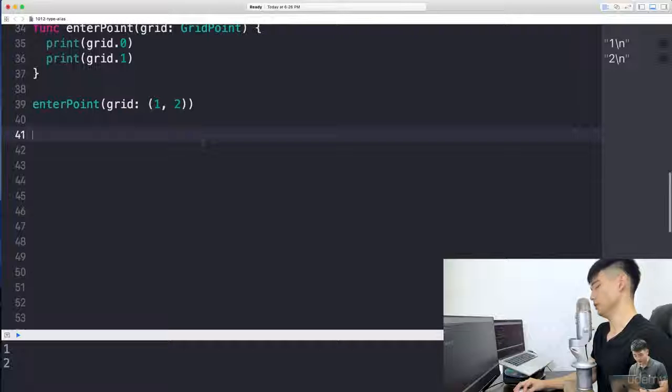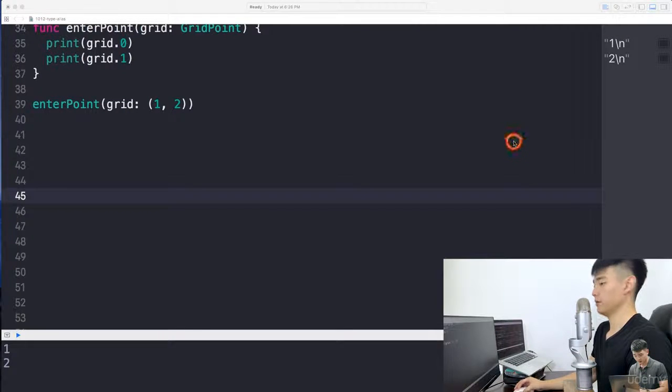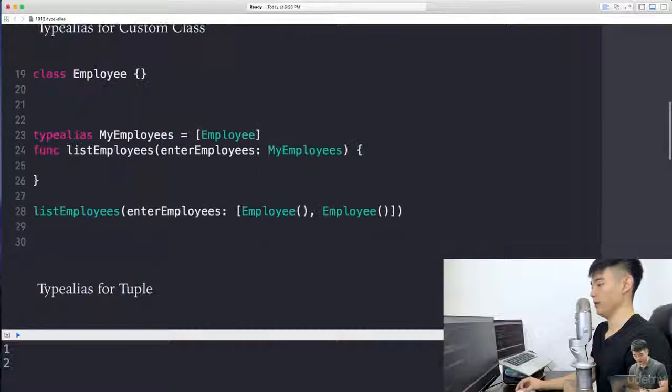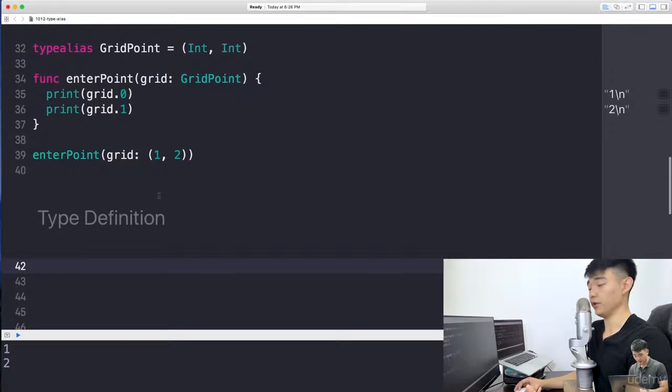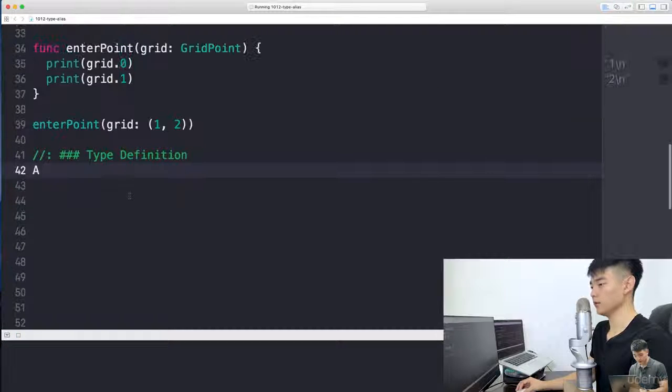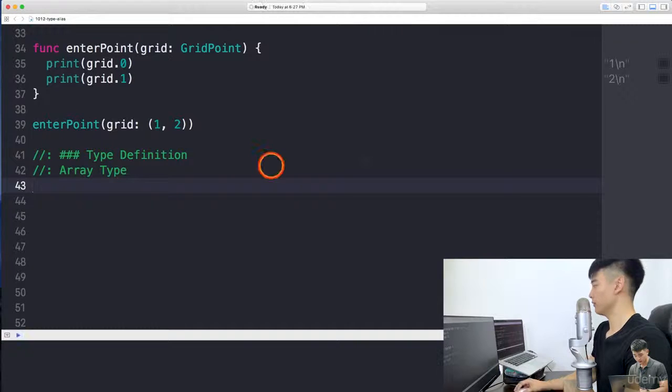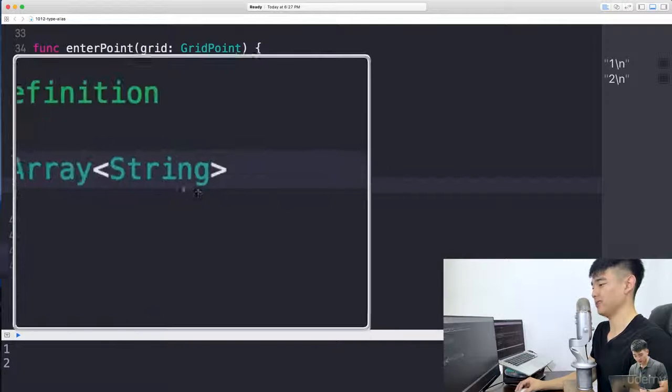But since it was a short lesson, I want to go through a little bit of type definition. There are a couple of ways to make an array or a dictionary. This is aside from the typealias, but I just want to go over and review with you guys. There are many ways to create an array type. The first one is, I'm just going to copy paste it, array is nothing more than a struct. A generic struct. So you can define the type of an array by defining the T here,